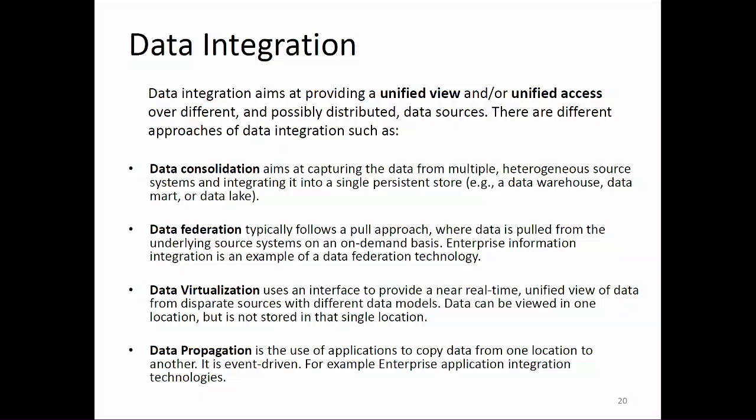The first one is called data consolidation. When it comes to data, you should think of two views. One is the physical storage of the data, where the data physically resides. The second is the control of the data, who is actually in charge of it. If all your data is stored in a central place and controlled by a central process, one process responsible for controlling that data, that is more of a data consolidation